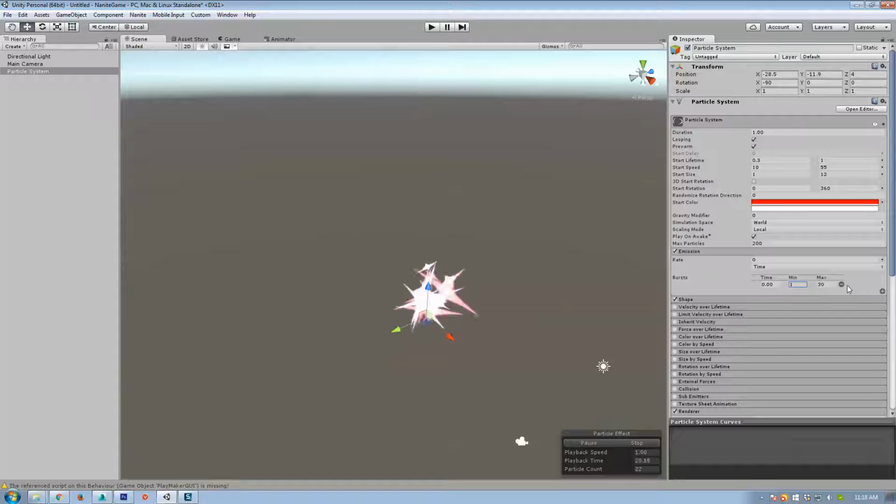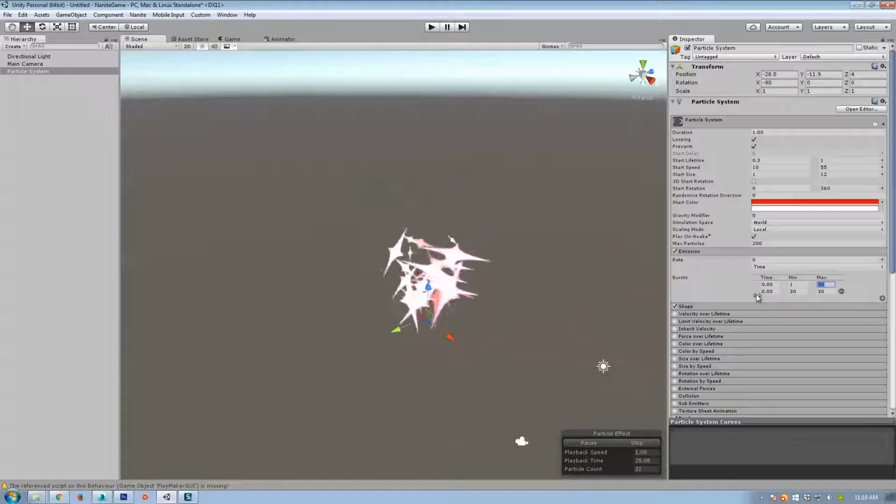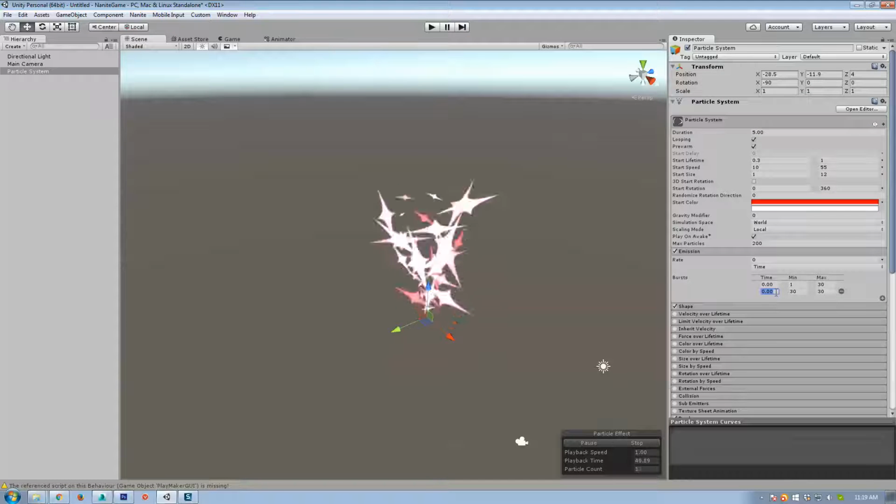Now, the cool thing is I can add multiple bursts. If I wanted to add another burst, I could add another one. What that's important for is if we had this as a 5-second thing, it's going to wait 5 seconds. In the beginning of every 5-second loop, it's going to do a burst. Now with this time here, I could change this to, okay, I want another one at 2 seconds. So 1 burst,